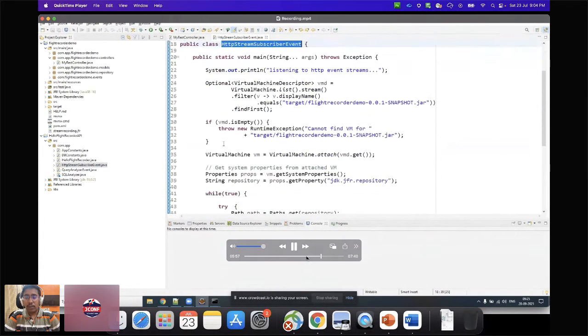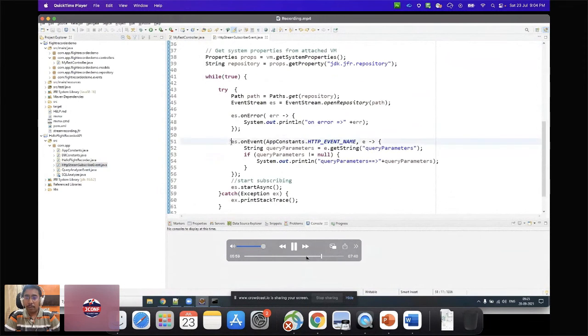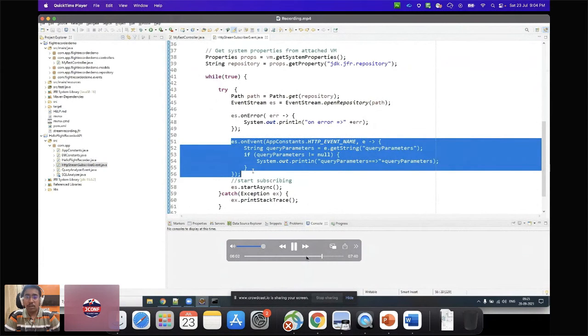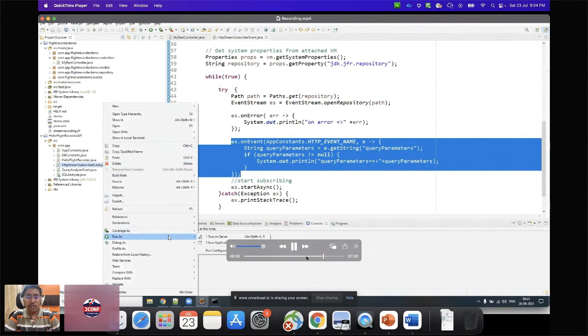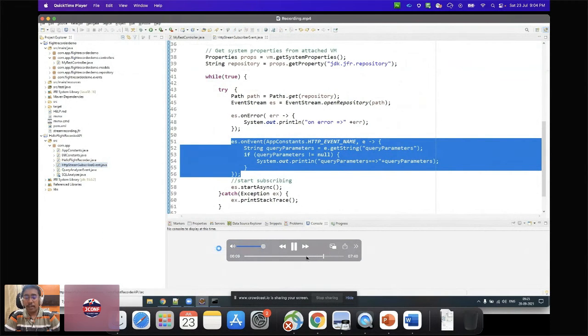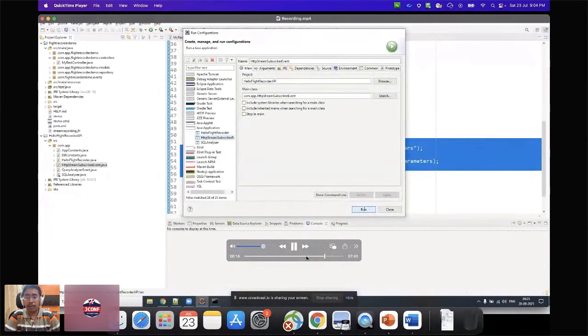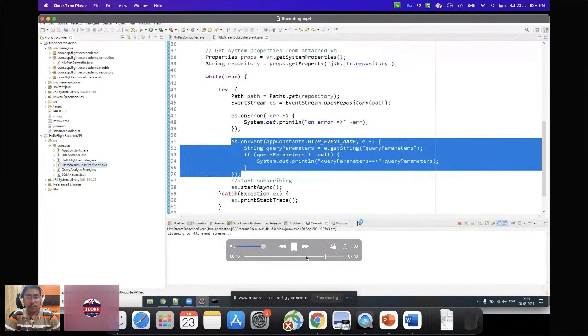The Spring Boot application will be running, and I'll be subscribing to the event that has occurred. In this case, I will just print the value of the query parameter which has been passed. Again, I run the program, and you can see that it is now listening